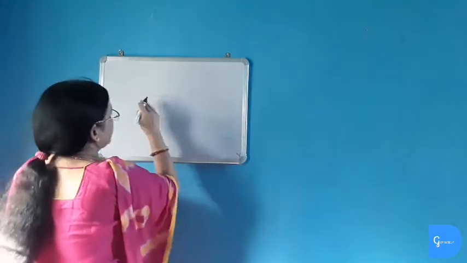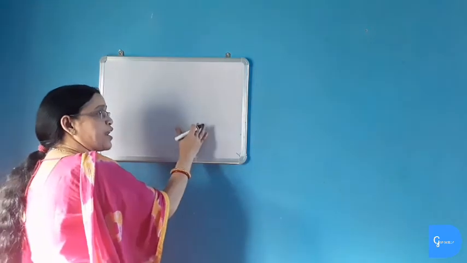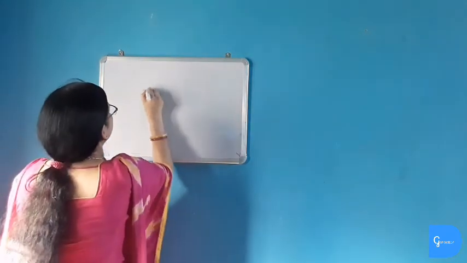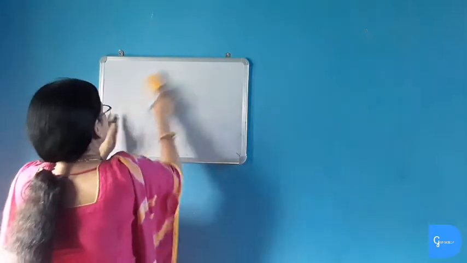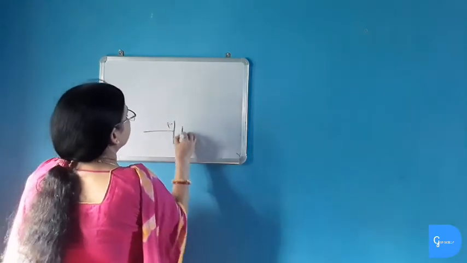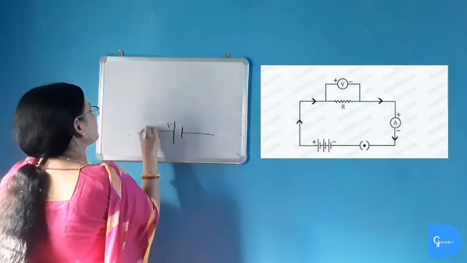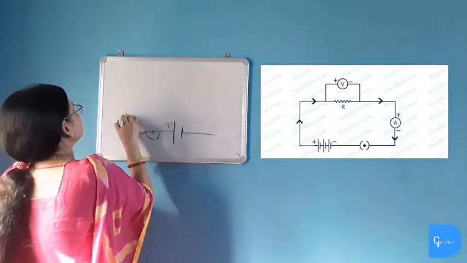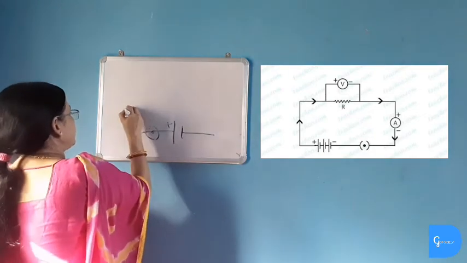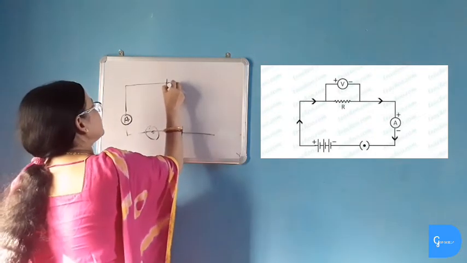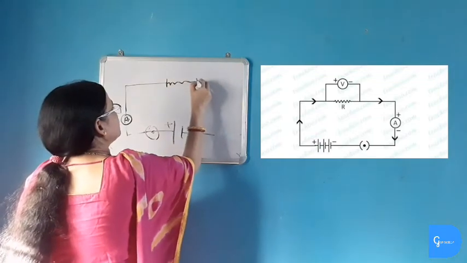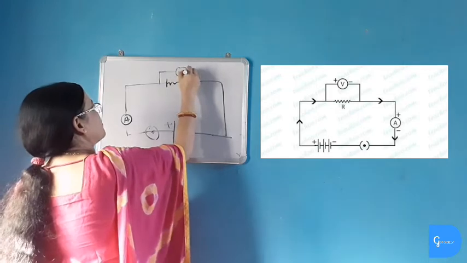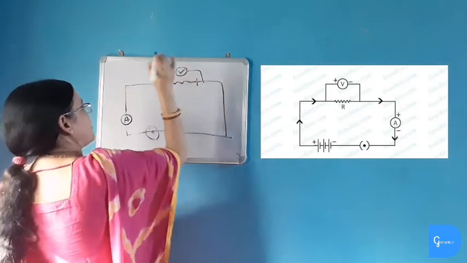Now if we take a circuit diagram, we will show that the direction of current is always from positive to negative. Now see, by connecting here it is an electric circuit, a single cell battery electric circuit. This is the switch, this is a closed switch. Now the ammeter will be placed in series. If we want to place the voltmeter, we will place it in parallel.